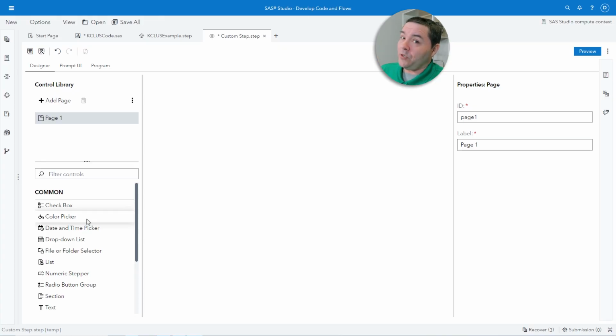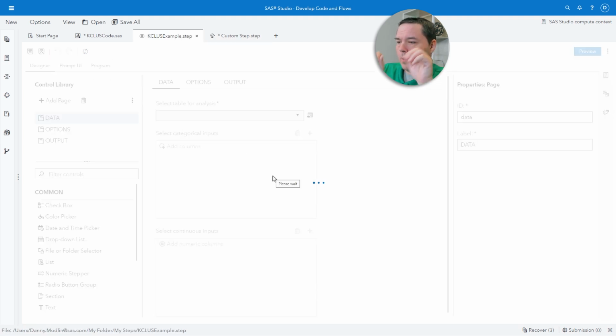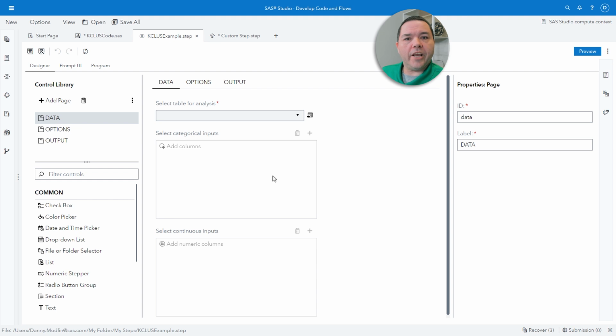through the magic of YouTube, I've already got one made. So I'm going to shift to that and walk you through what I did. Bada boom. There you go. Now, notice that I've got multiple pages already. I have a data page tab, options page, and an output page. And I've already put things on here. I'll walk you through it. Don't panic. Now, on the data page, notice the first thing that you're going to see on the right is